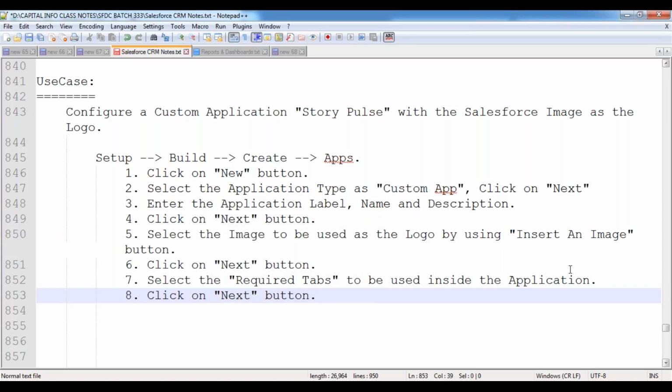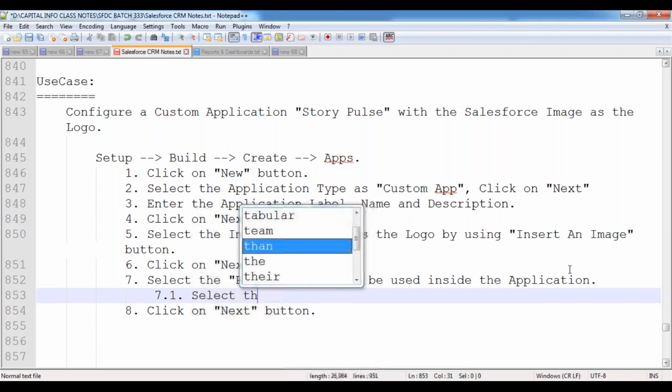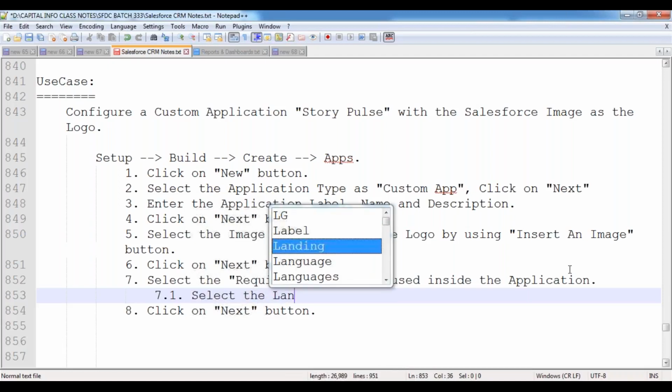Okay, click on next button. Here in this case, as part of the 7.1, we can select that landing tab also. Now, select the landing tab